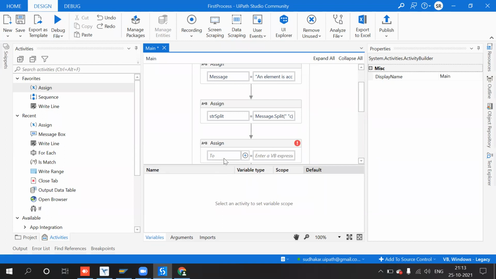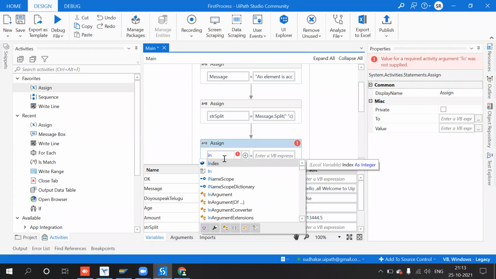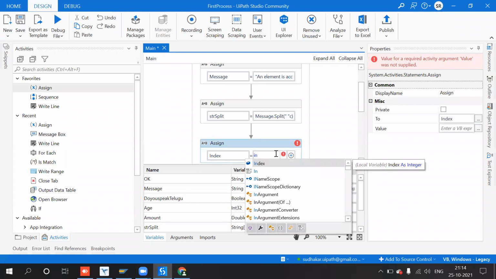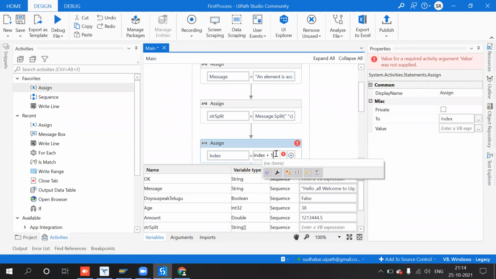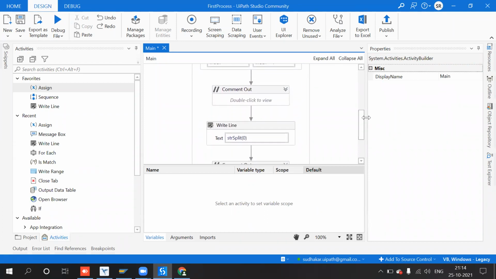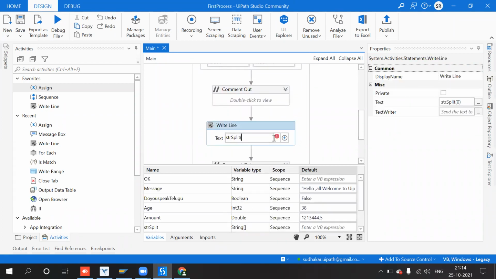So here index equal to index plus 1. So I am incrementing the value by 1. And then, rather than using split of 0, I will use index.